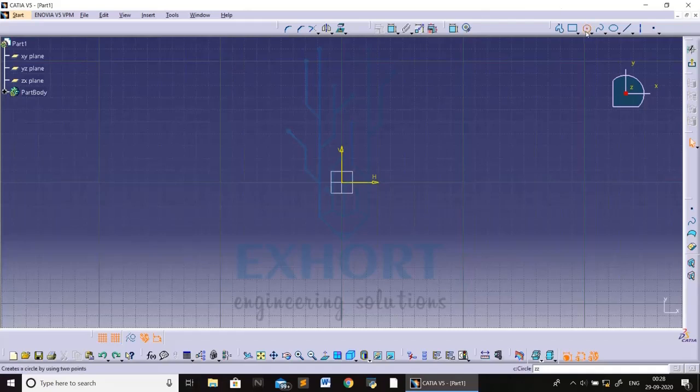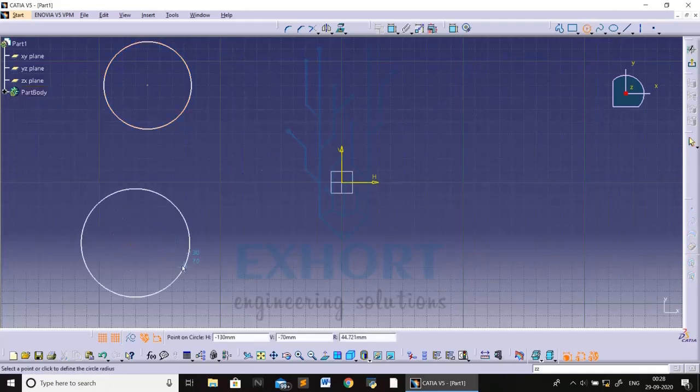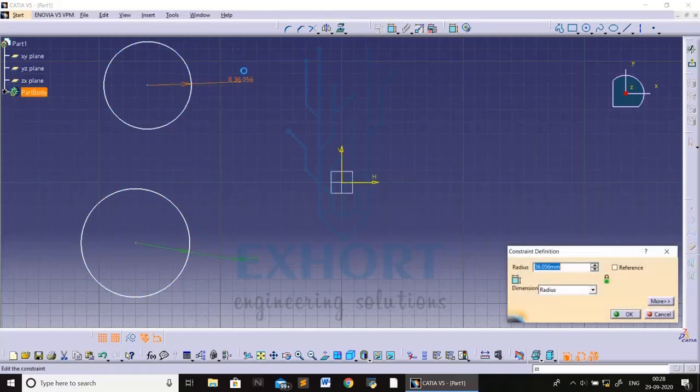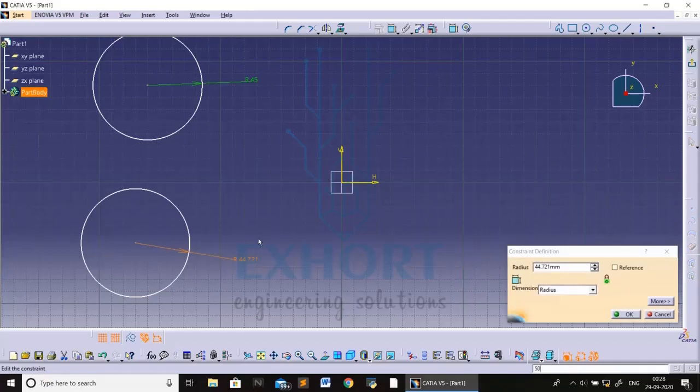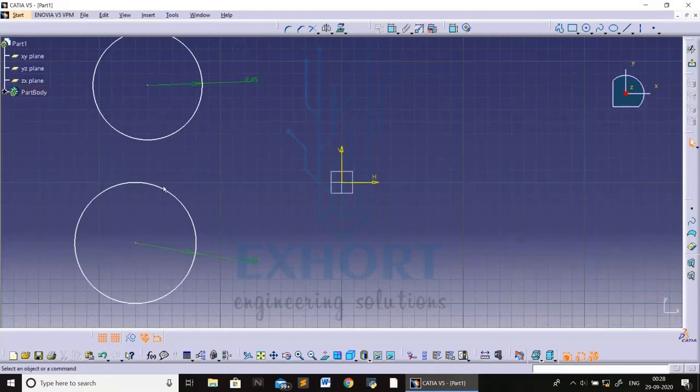Now we can see circles. If I have two circles, we will give some dimension to them. These are the two circles, and now suppose I have a third one, and I want this third circle to be tangent to these two circles.